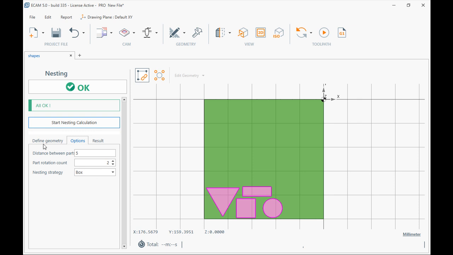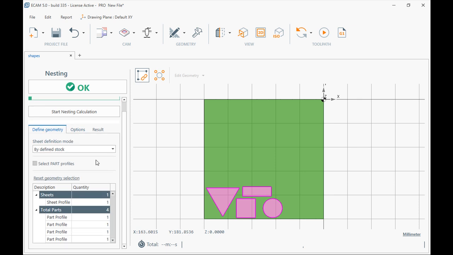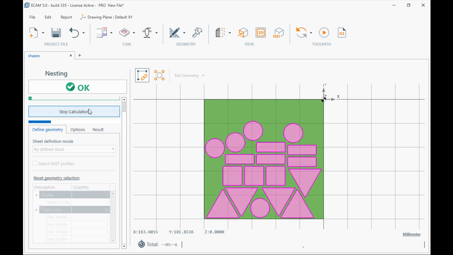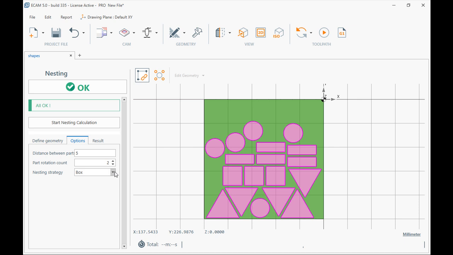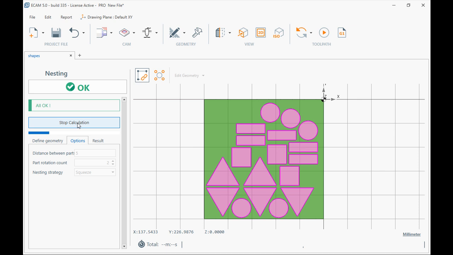Now to see other options, let us try to create a few more shapes. For example, let us say 5 for each one of them. I'm not sure if they will fit all inside, but let us try. I'm inserting the same number, but we could have, for example, different numbers for each of the profiles, and start nesting. And okay, we have this arrangement. Stop. And now to see different possibilities, let us say squeeze or gravity. Okay,